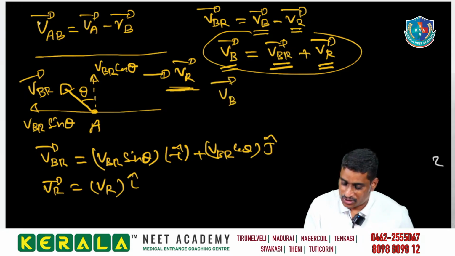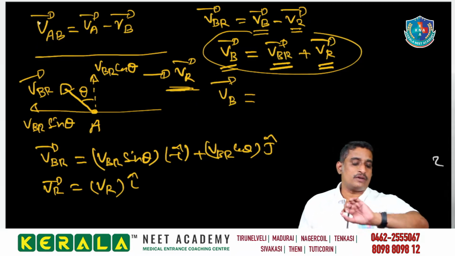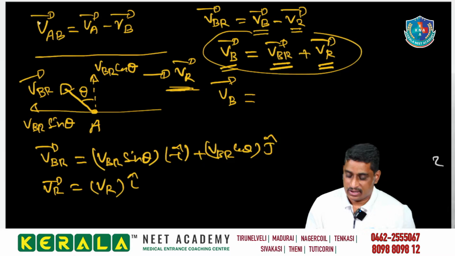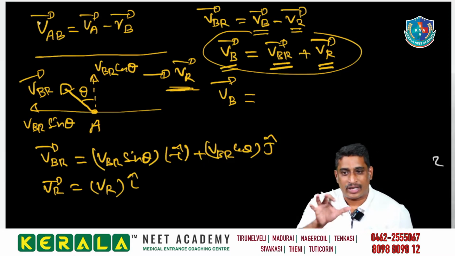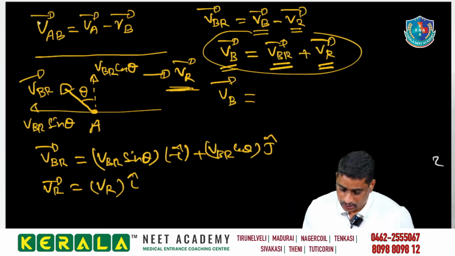Velocity of the boat, you have already seen. Velocity of the boat means the velocity of the boat with respect to the ground. It is a resultant of these two velocities. Those two velocities we can add now. Then by adding these two velocities, you will get